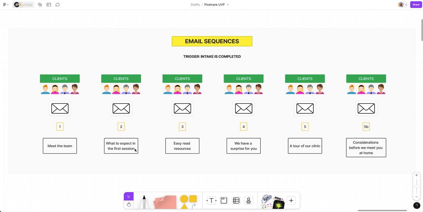It can be a reactivation sequence that is triggered on specific events, maybe special dates, like someone's birthday coming up, or maybe they haven't received services for 3 or 4 months. There's always a trigger that will start the sequence, and there will be a frequency with which these emails are distributed.